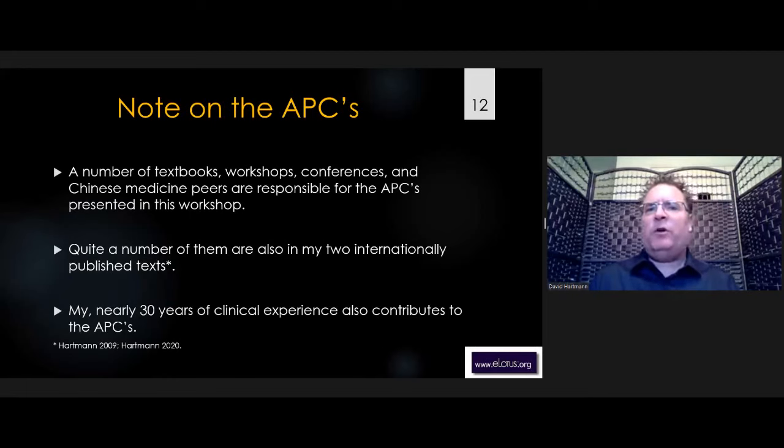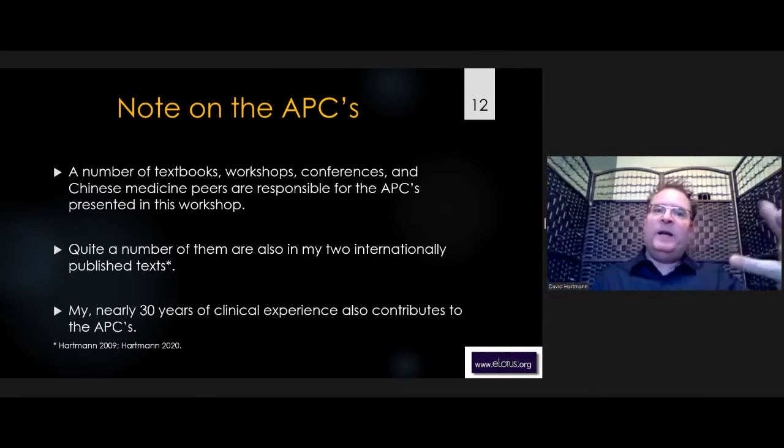Basically, the point combinations come not just from me. They're not just exclusively mine. They come from a mix of places, either other people's textbooks or a group of textbooks. It might be that Giovanni Maciocia has offered up a couple of really interesting points, and then I mirror that in with, say, some points from Hicks and Mole, or I love Peter Deadman's Manual of Acupuncture, and it's really helpful in terms of understanding what each point does. So I often merge